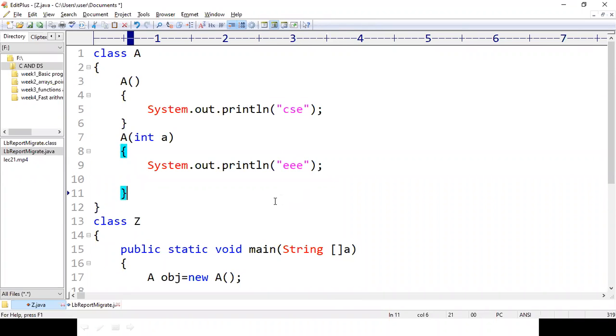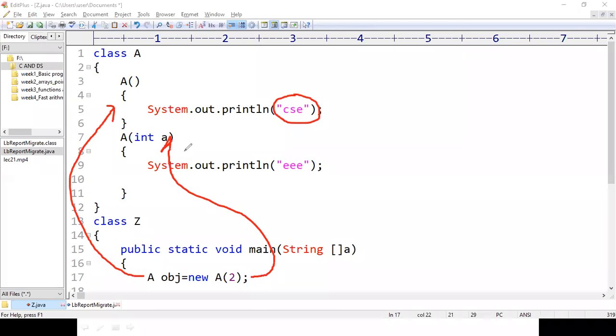So now if I have created an object, then this particular statement is going to execute this particular constructor. When this constructor is executed, CSC will be printed on the output screen. Or in case I have passed one integer value here, then automatically the compiler is going to execute this constructor, and then triply will be printed on the output screen.